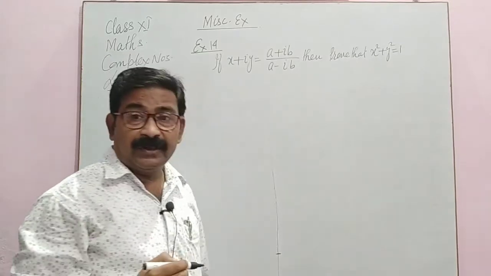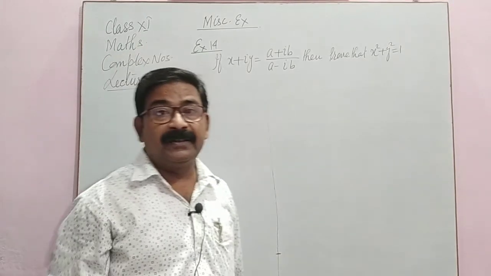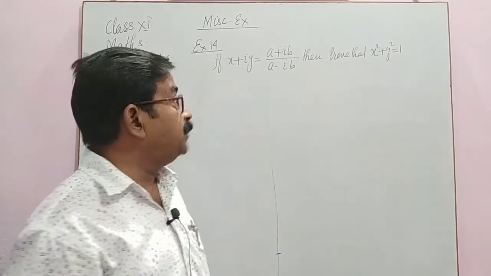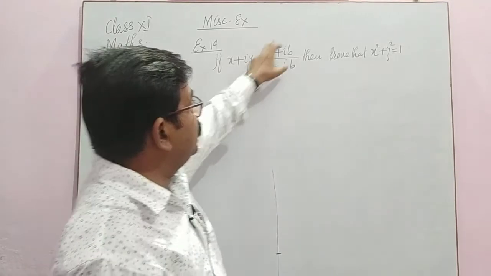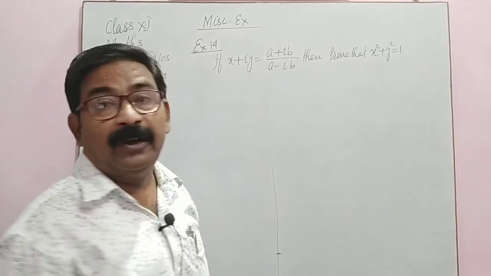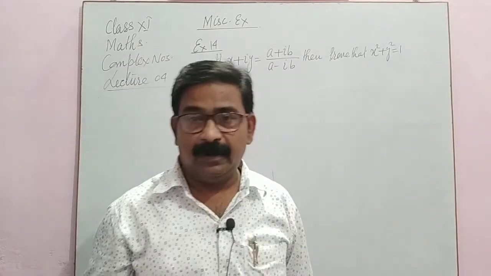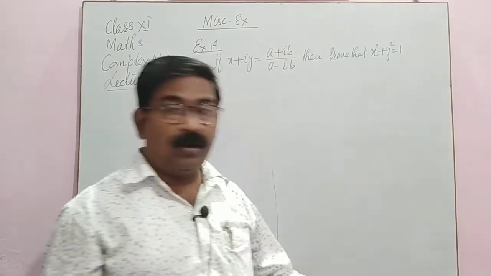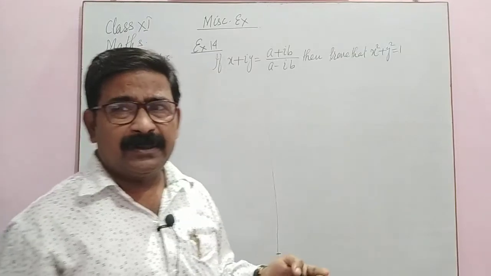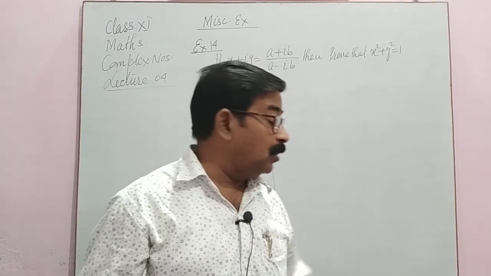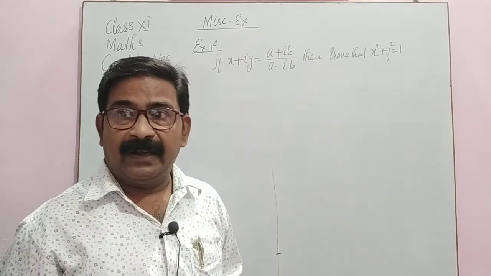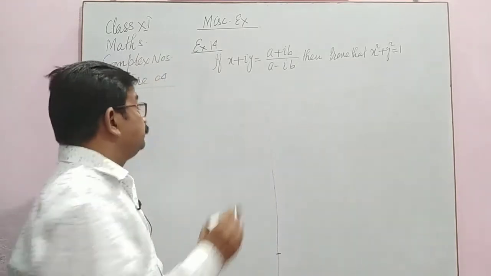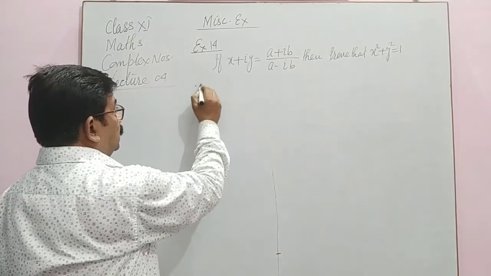Very simple question it is. It can be asked in your objective questions also, like you will be given, if x plus iy is equal to this much, then what is the value of x square plus y square? It is a solved example, so you can see in your book how to solve it, but I am giving another method. See how to solve.